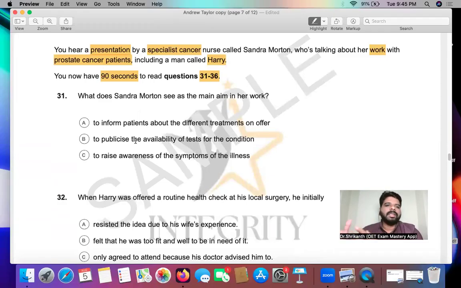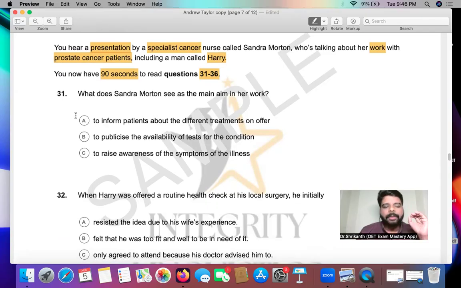Okay, they did not register anything into their mind. So when you get 90 seconds, the OET is giving you, again, remember the OET is trying to help you. They are giving you time to relax, to think very clearly, to mentally prepare yourself, right? So with a very cool, calm mind, you read the 31st question with high quality.